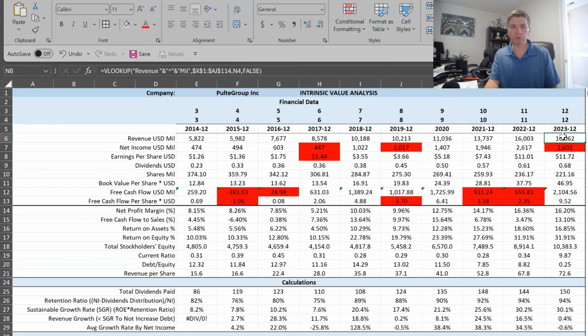Today our focus is on PultiGroup, ticker PHM. They are a home builder, and we're going to take a few minutes here just to look at their financials, then get into the valuation. And I do own this stock, so we'll move into my purchases, and then at the end we'll look at my portfolio performance. So we can see there are a few down years here in red, but overall steady growth